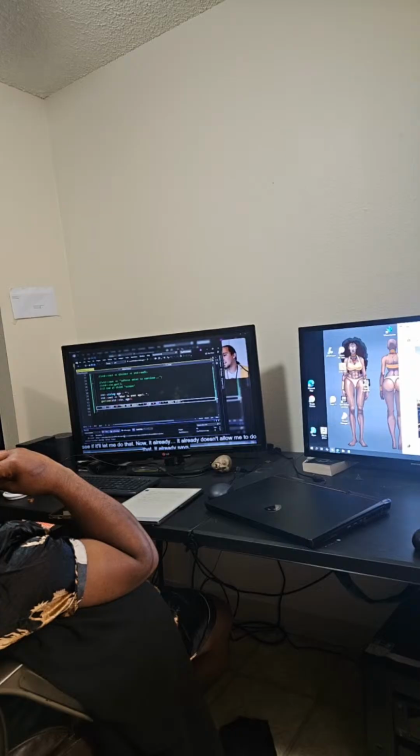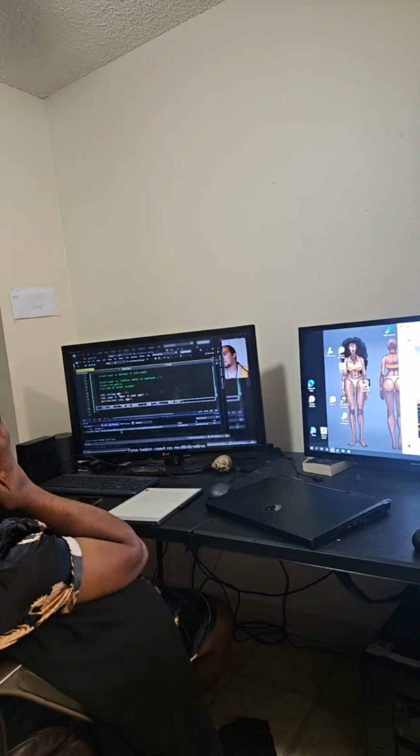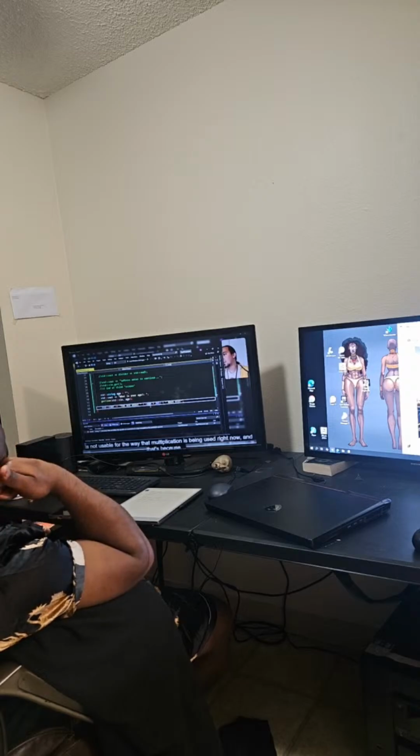It already says binary, this string does not define this operator or a conversion to a type acceptable to the predefined operator. Predefined meaning because I can overload the operator and change it, and the type multiplication is not usable for the way that multiplication is being used right now,